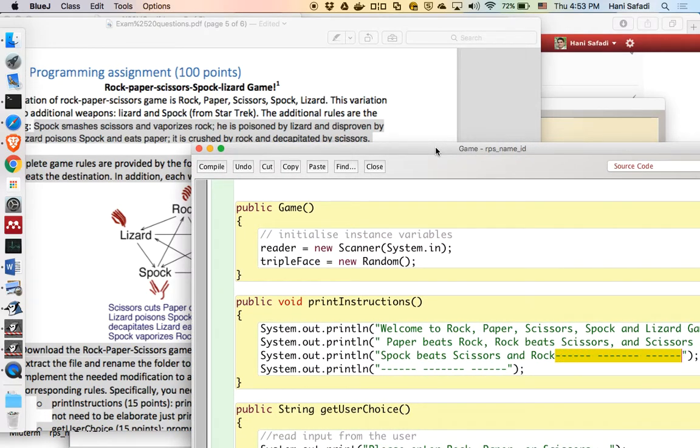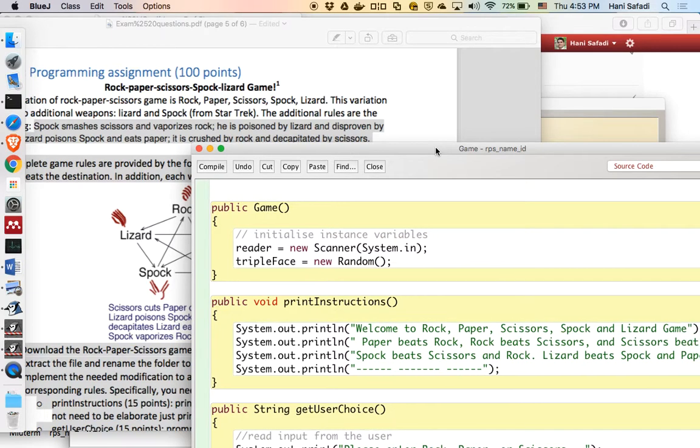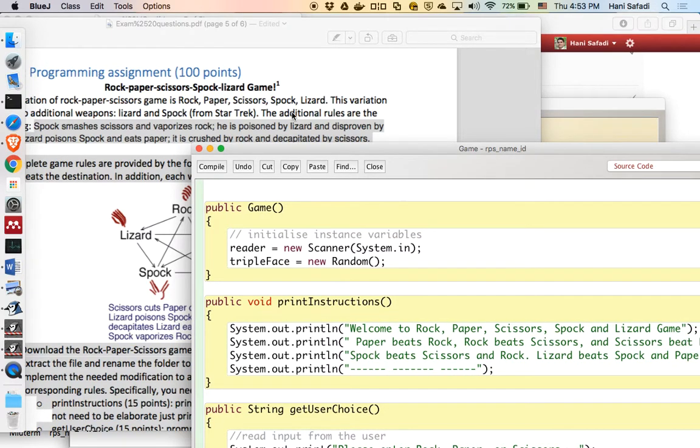I'm going to say also lizard beats Spock and paper beats Spock, and then finally